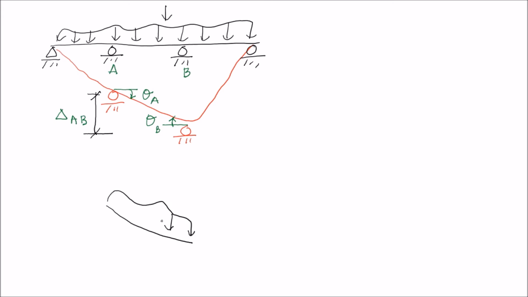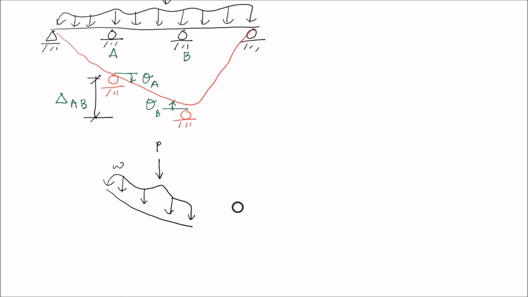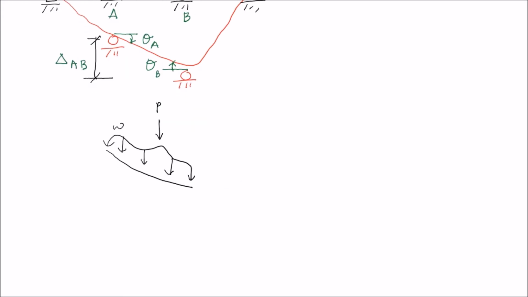Okay, the load doesn't matter. It's W, and then you have point load also P, and then with that you have the displacement delta AB, rotation theta A, and rotation theta B. Sorry, I've mistakenly deleted that. Okay, so with this then,